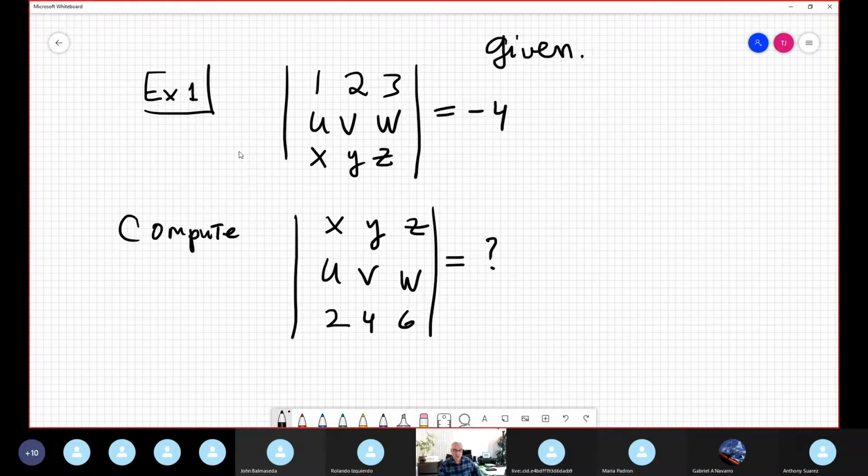As I saw, wow, I applied property number 4, I guess, no? Number 4, I don't remember very well the number. Property number 4 allows us, when you discover a common factor in 2, 4, 6, the greatest common factor is 2, no? You factor out